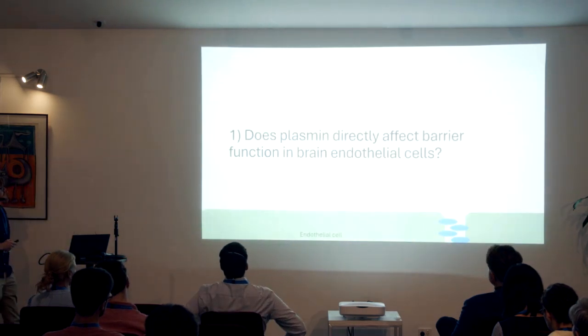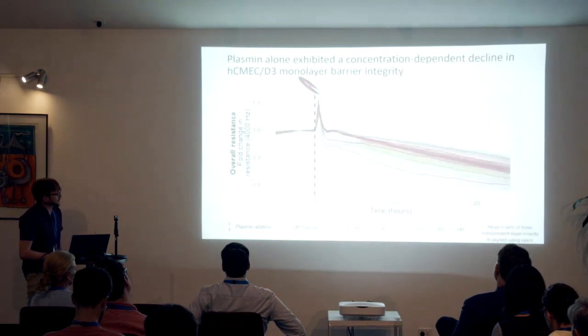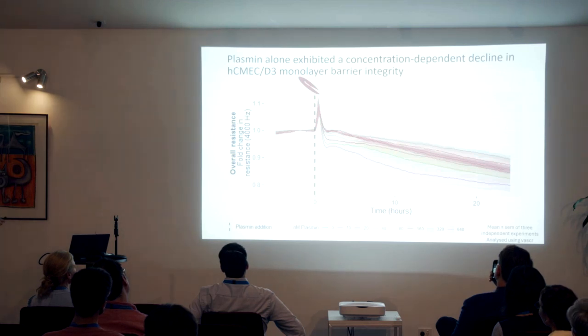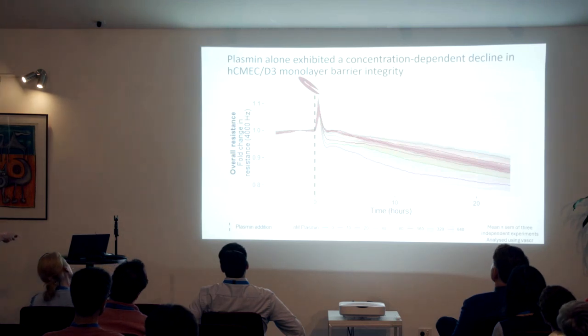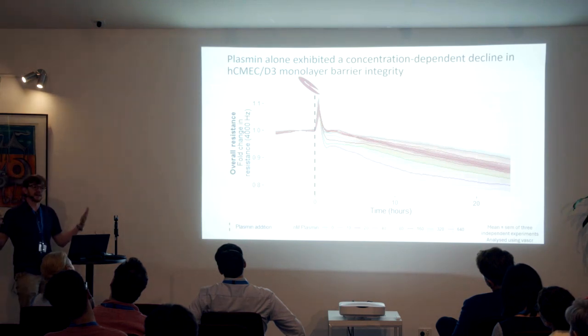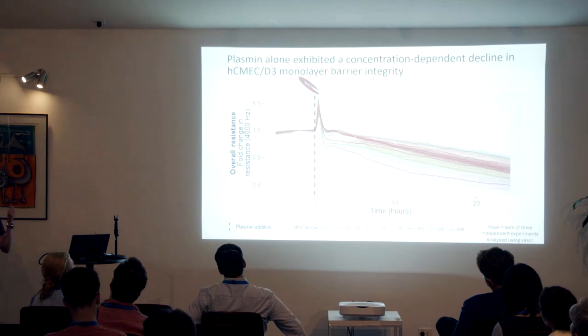So that allows me to answer this question of how does plasmin actually affect the endothelial cells? And the answer is it's not good. Just to orientate you with this graph, on the y-axis here is overall resistance. You want that number to be high. The higher that number, the tighter those cells are sticking to each other, and the less would be able to